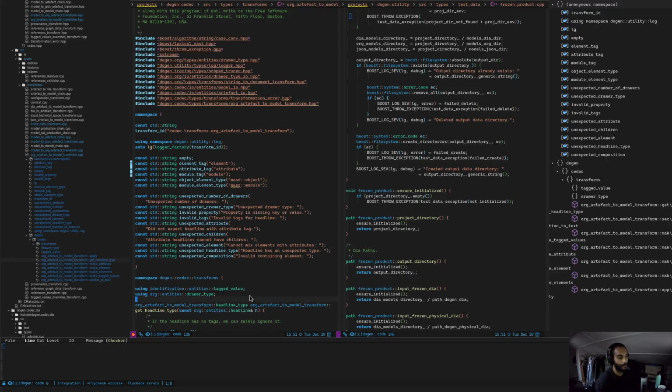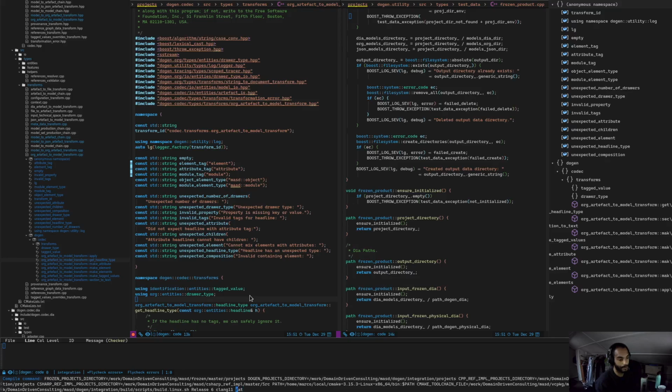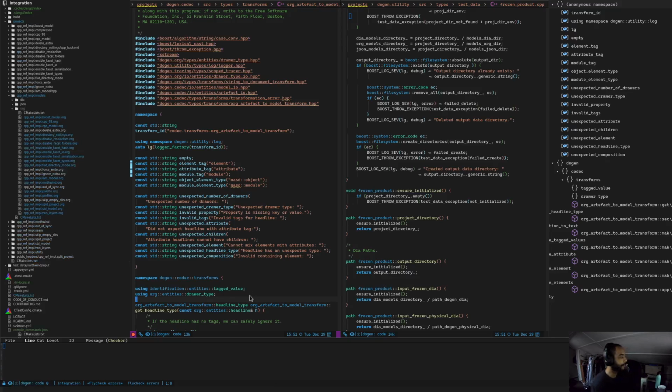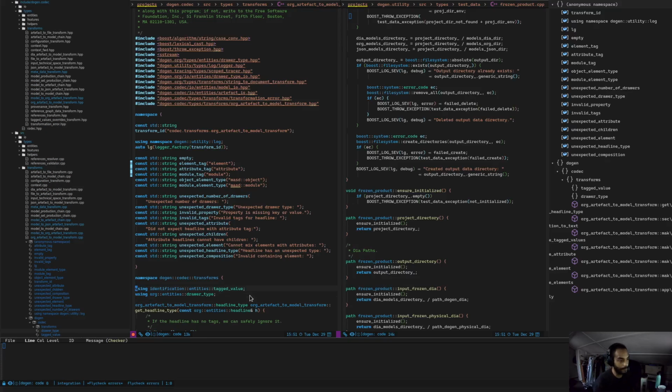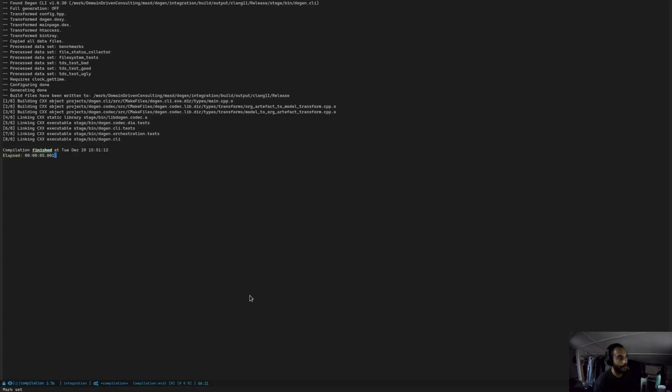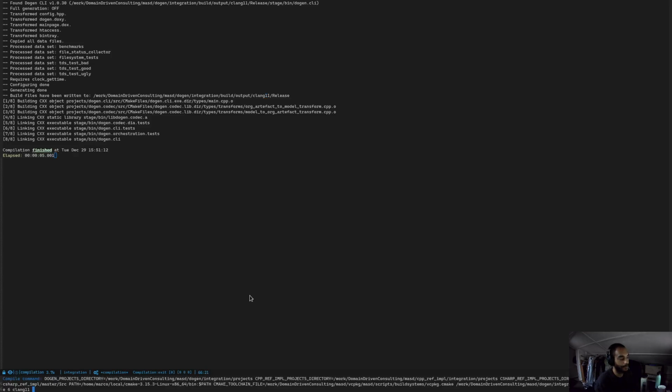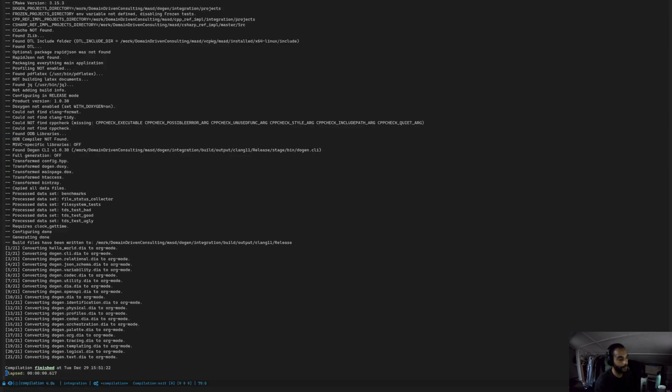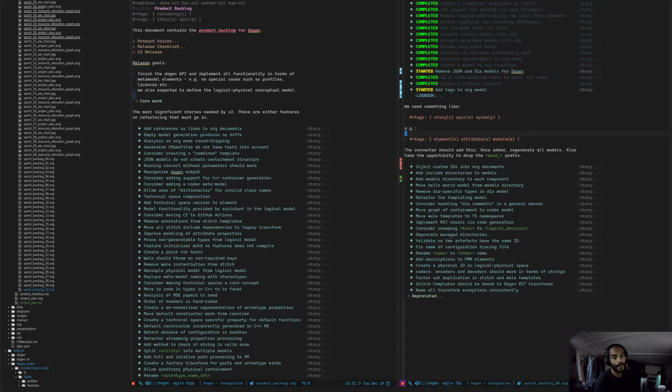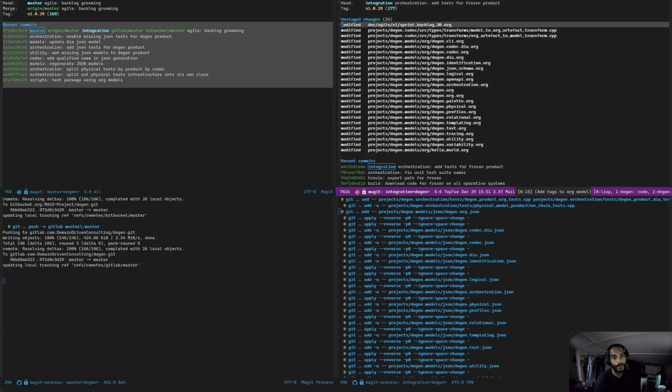So now what we need to do is to just build latest and generate or convert all org, convert all models to org. And then we hopefully should only see